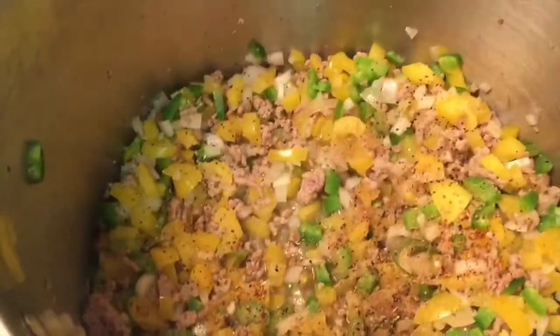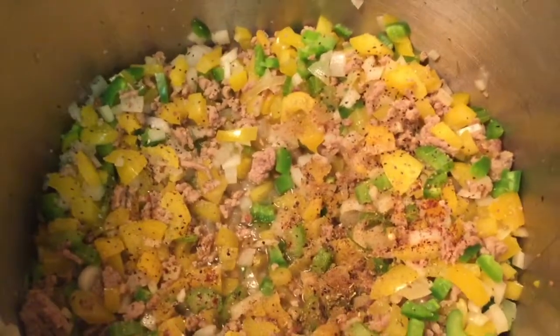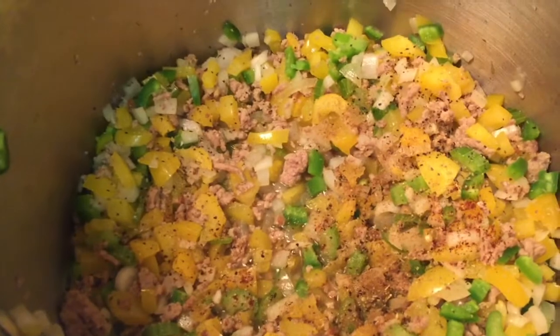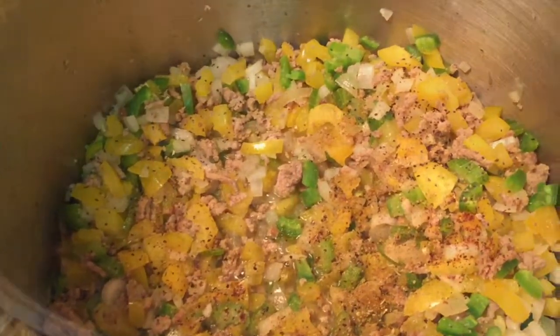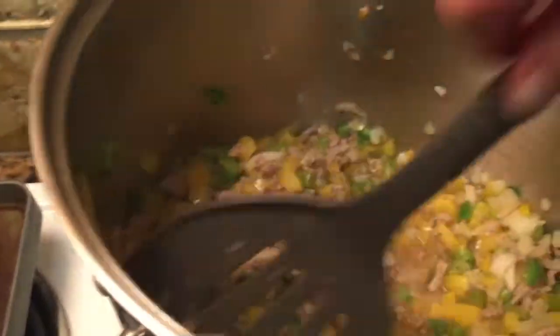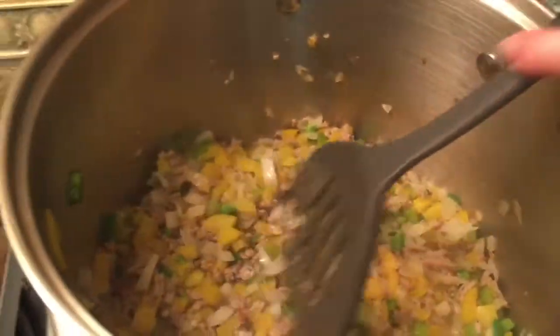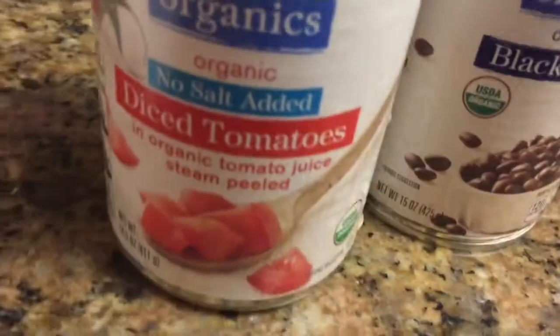I add in about a cup of water with all this, I forgot to say, which helps with the meat, getting it off if any of it kind of stuck to the bottom of the pan. So when I add the water in, I let it all simmer, it just kind of all comes loose. And I just kind of toss it every once in a while around to make sure nothing's sticking. Oh my God, it smells so good. So good. Okay, now I'm gonna add in